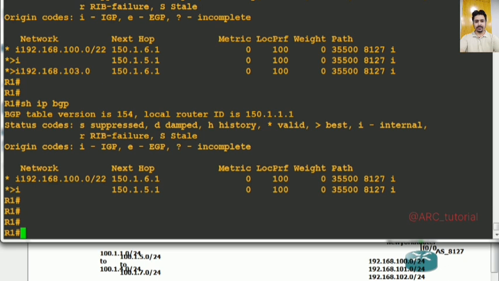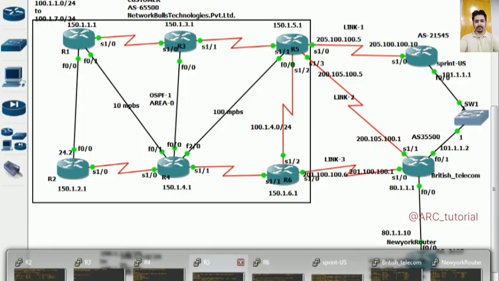Fine. If you want to modify attributes of your aggregate address, then we are having attribute map. Like for an example, I want to define its best path via R6. So via R5 I can define its origin code as what? Question mark. So you do one thing, move back again on R5